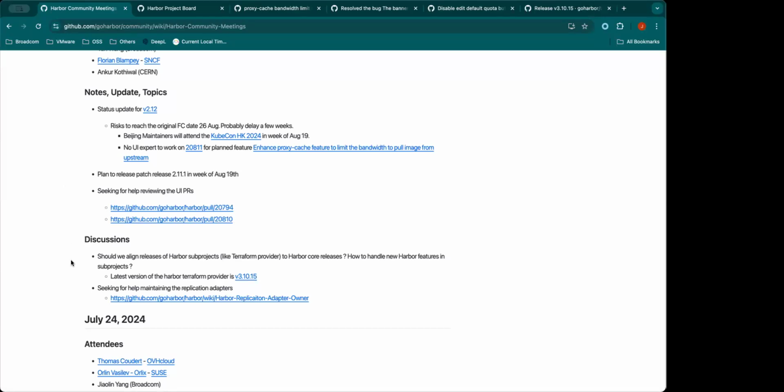And what about the versioning of the provider? Should I align it to the Harbor version? Right now it's 3.10.15. For the new release of Harbor, do I need to create 3.12, maybe?